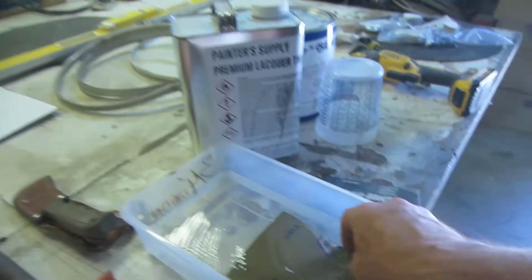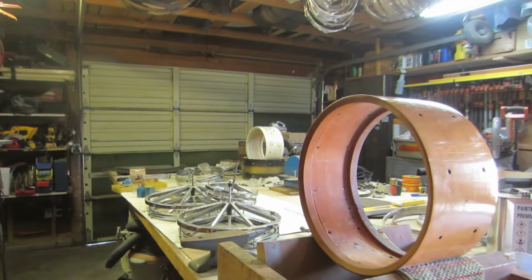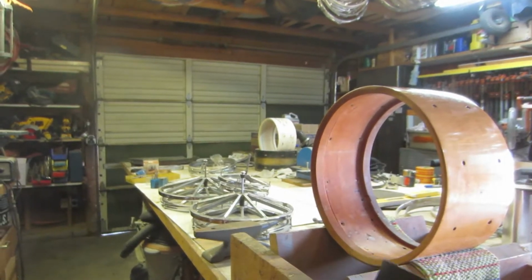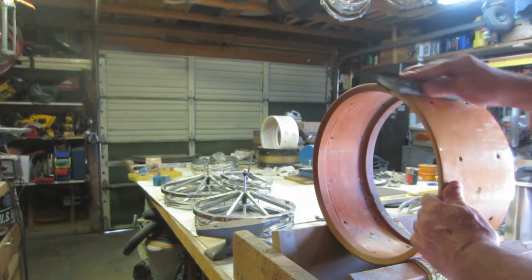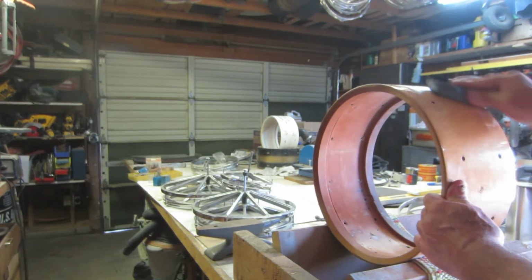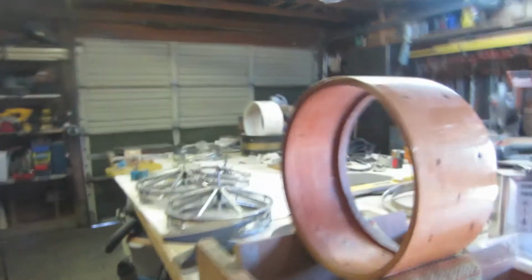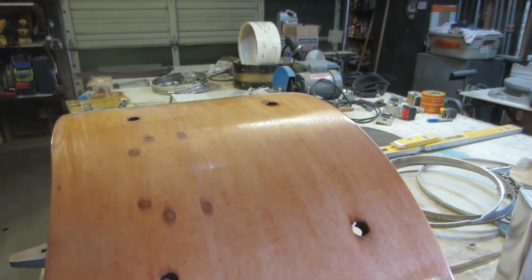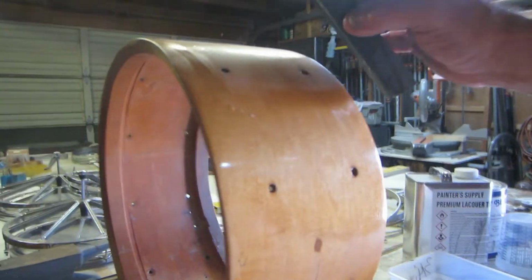and just put it in the water here, and you get your little block. Got this sanding block thing, and you get that at Home Depot. Just wrap it around there and go over the shell like this and block it out, and then kind of keep wetting it, and you'll start seeing the shine go away,